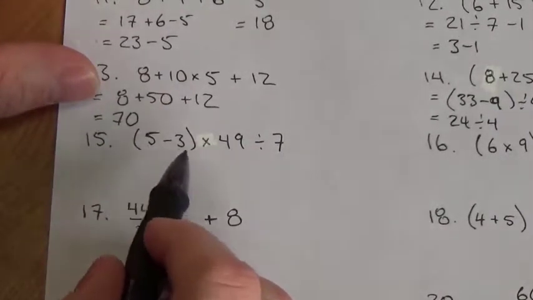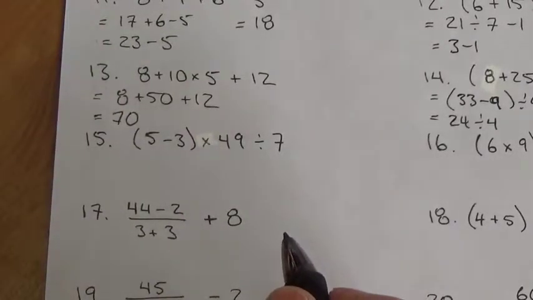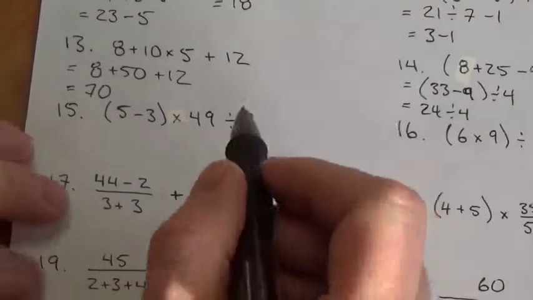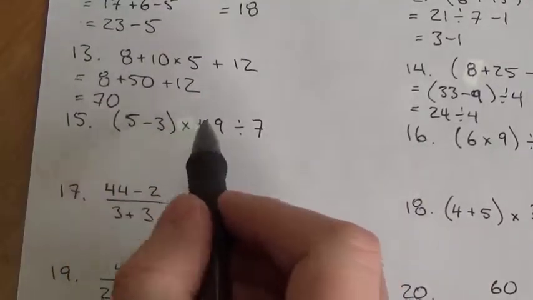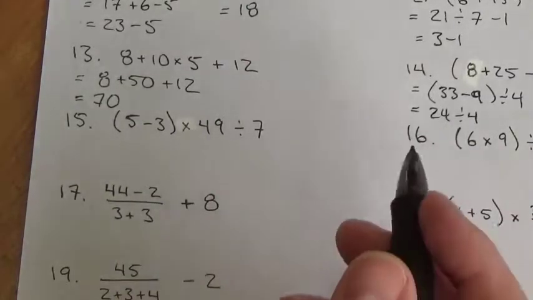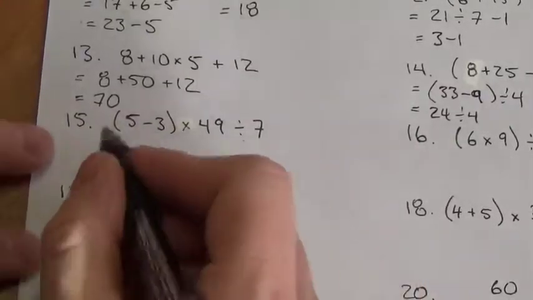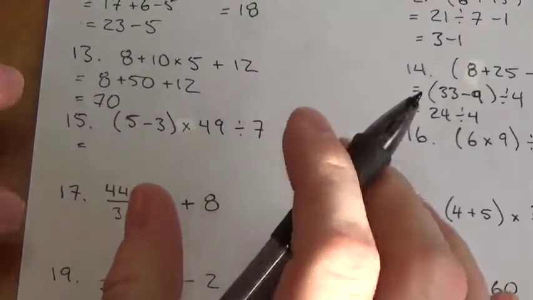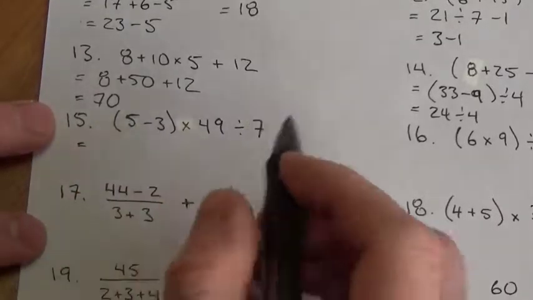All right, 5 minus 3 times 49 divided by 7. Well, we have got a parentheses here first. And again, it's being multiplied, so I could very easily distribute the 49 through, but let's not worry about that. Let's stick with our rules here. Let's do parentheses first. So 5 minus 3 is 2